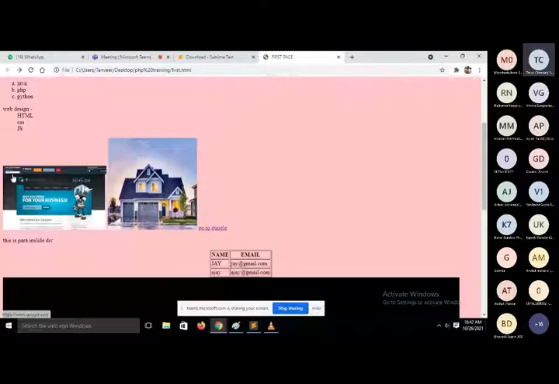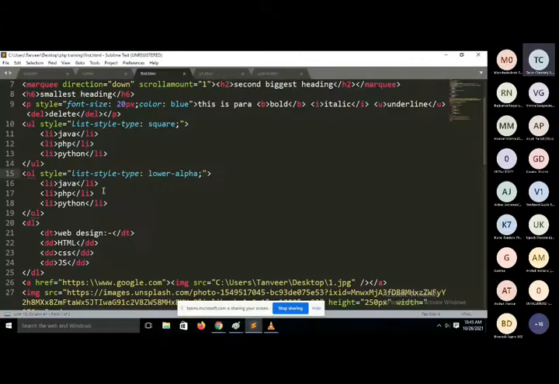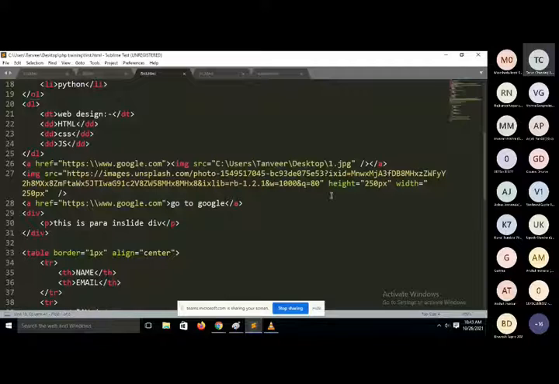Next, I just want to resize an image, and you know we can resize image with the help of two properties, height or width. So I just want to resize an image. If you want to resize an image, then you will use two properties. Either you will use height or width. So here we are using height property or width property. We can pass two types of value in both the properties, height and width. We can resize an image by pixels or by percentage. Fine. Next,